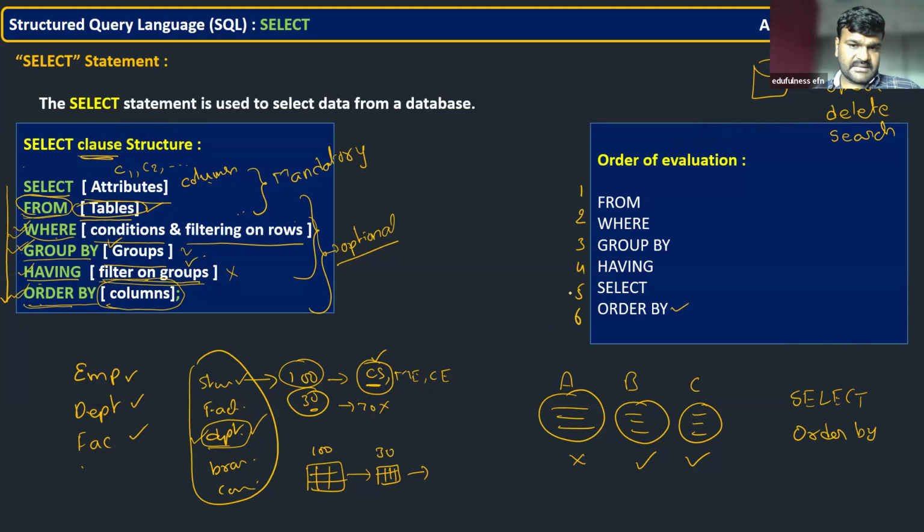But if you remember this order, how it is executing, there also you can reduce a lot of burden. After the whole work is done, if you try to eliminate the records which are not required, then unnecessarily you carried that much time, and the processor was unnecessarily used. So that's why this order is going to make you much better when you are writing PySpark scripts. We will see that, of course. Again and again, we will refer to this discussion in the upcoming classes. So this is a very simple discussion on the select clause.